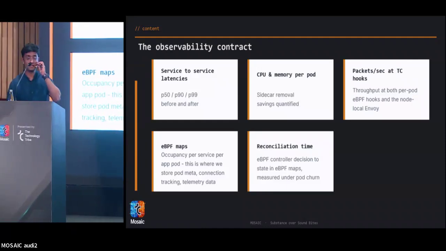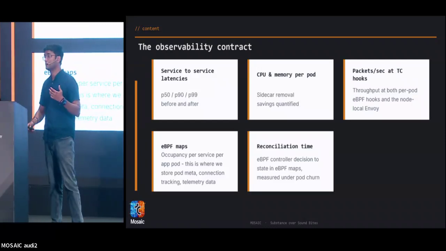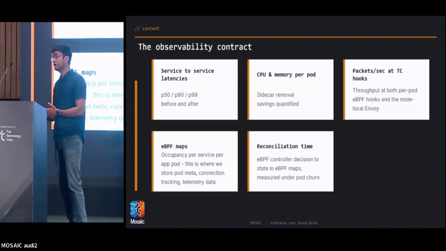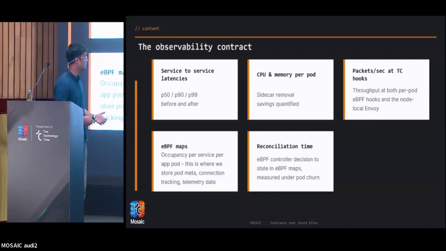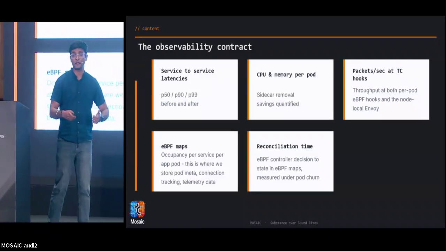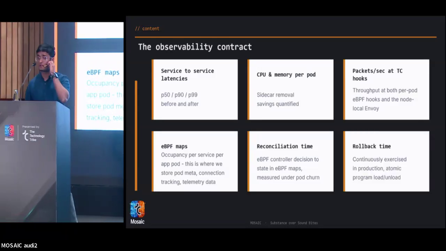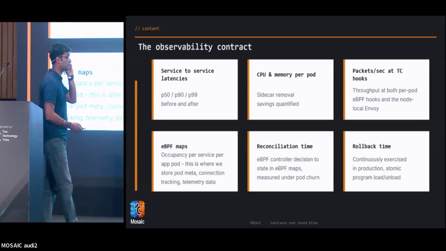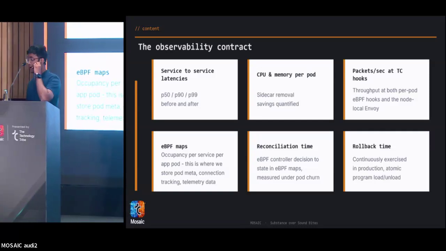Then the reconciliation time: pods coming up, going down, all this information, and then the decision to load or unload eBPF programs. That needs to be reconciled within a fixed, strict SLA. Then the rollback time: the loading and unloading of an eBPF program in the Linux kernel is atomic,